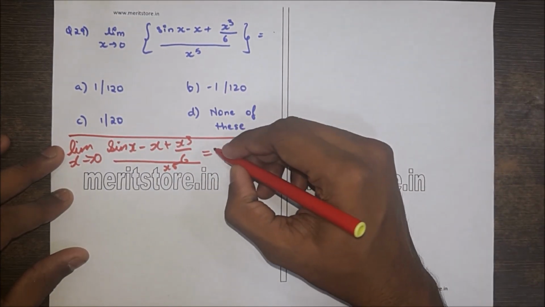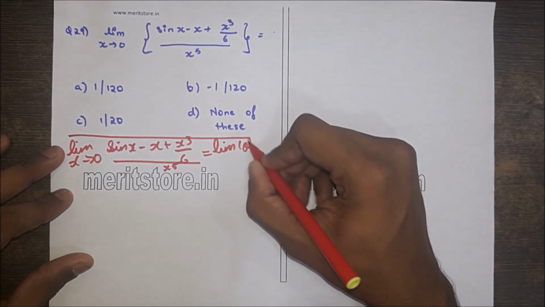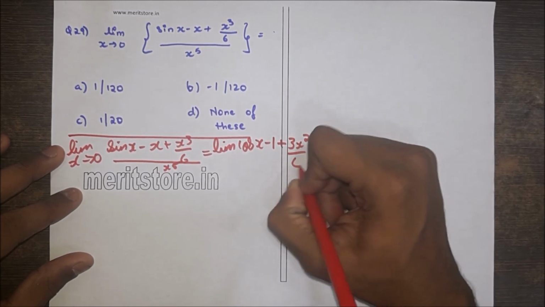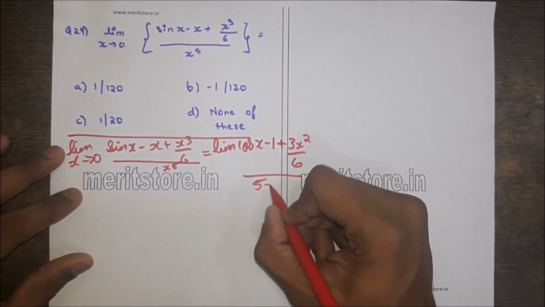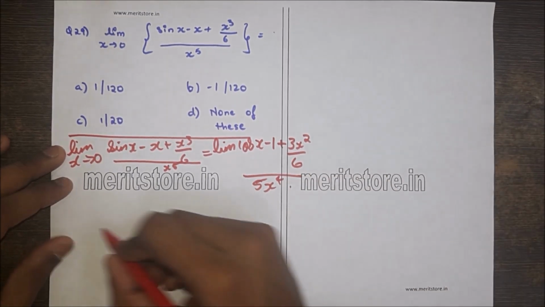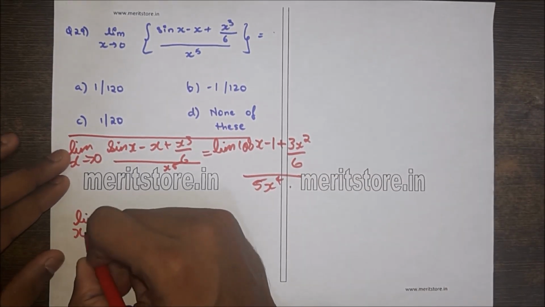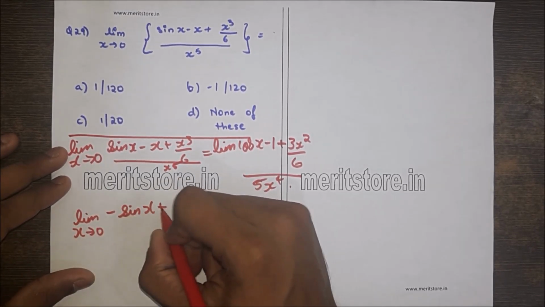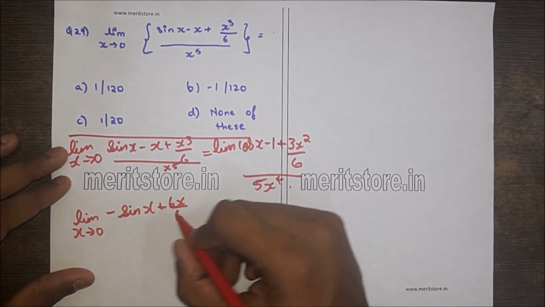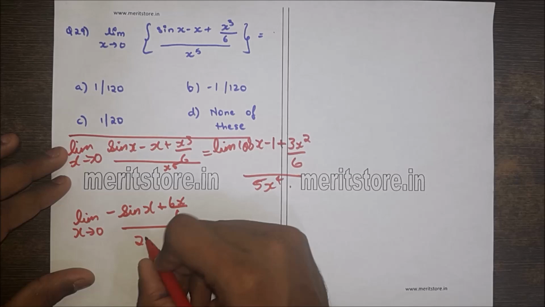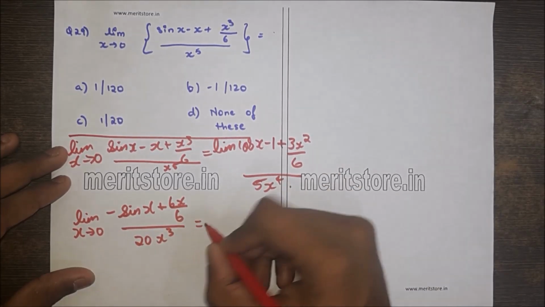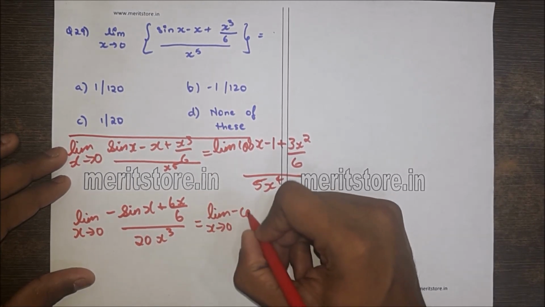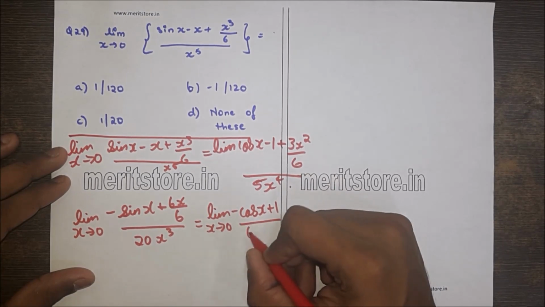After applying L'Hopital's rule, we get limit of (cos x minus 1 plus 3x square by 6), the whole upon 5x raised to 4. Solving it further, limit of x tends to 0, (minus sin x plus 6x by 6) upon 20x cube. Solving this also further, we get limit of x tends to 0, (minus cos x plus 1) upon